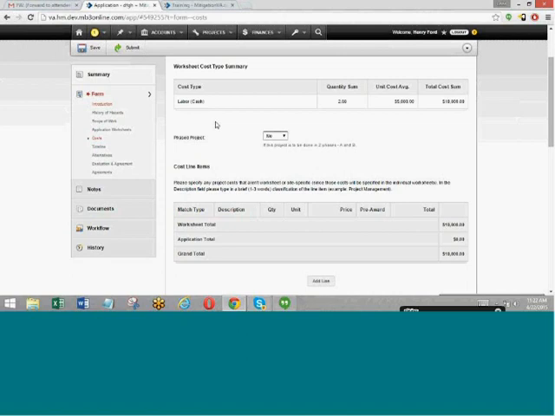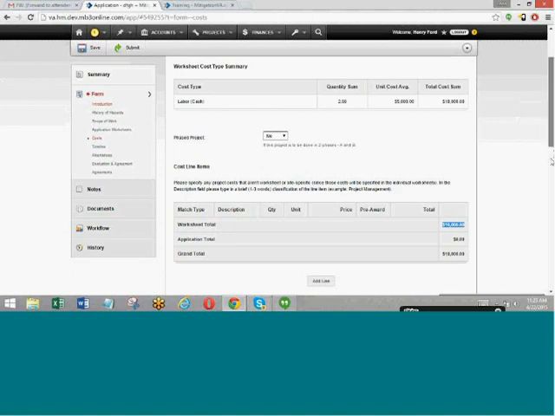So for labor, it will show you a total. For material, it will show you a total, etc. So it gives you a nice breakdown of the cost at the worksheet level. Then the cost table will have a line that shows the total per worksheet. So in this case, we're at 10,000. For worksheets, then you can go ahead and add cost lines at the application level, and it will add it up to be the grand total of the project.